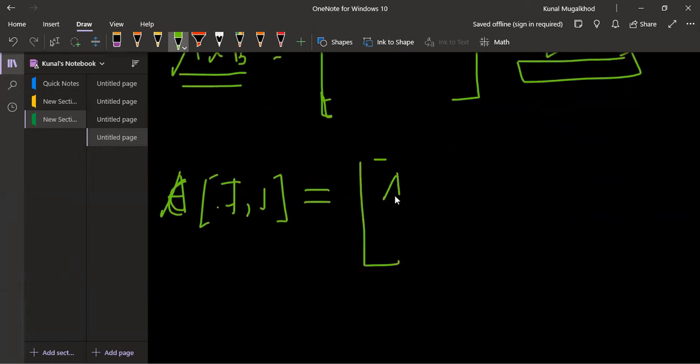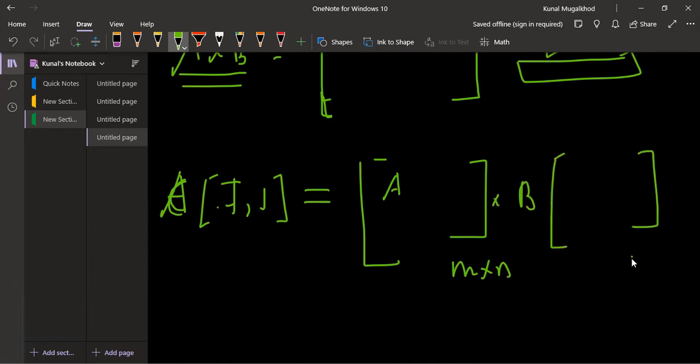A is one matrix with dimension m into n. Similarly, B is another matrix with dimension n into m.